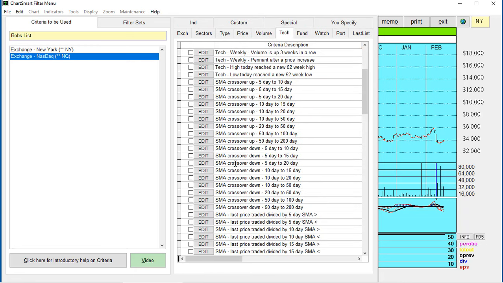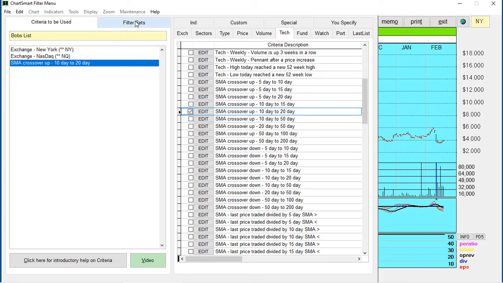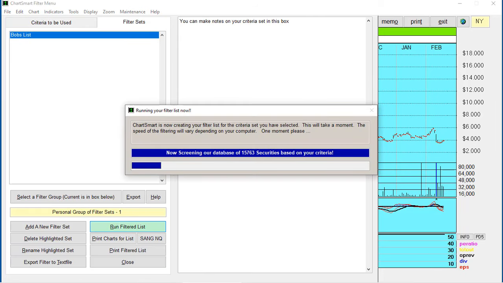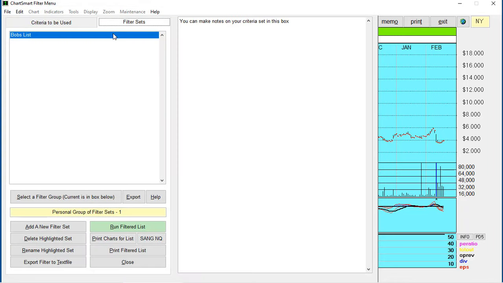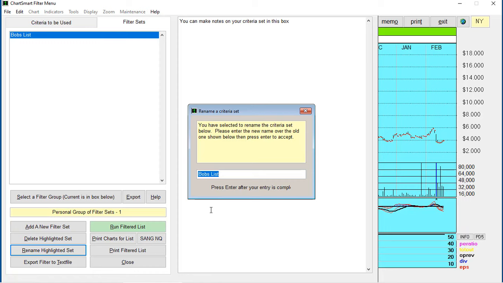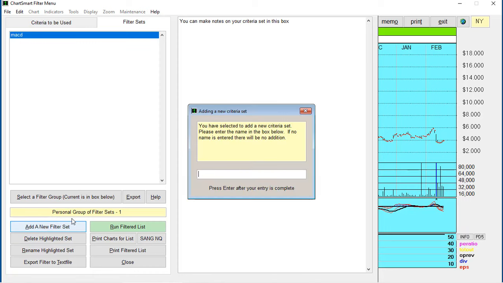Let's say the 5 or the 10 to 20 day, we'll take that. So we have a filter formula for NASDAQ in New York, right? And it brings out a certain list of 65 companies. Let's take, we might as well rename this, and we'll call this MACD, okay? And let's add a new filter set, and we'll call it